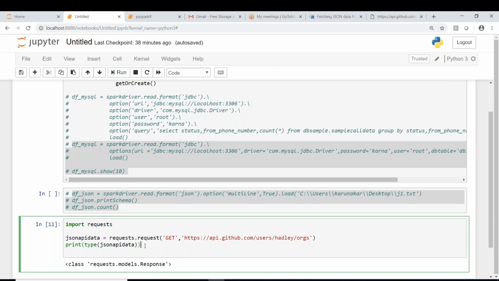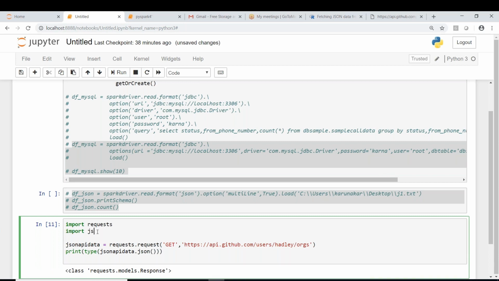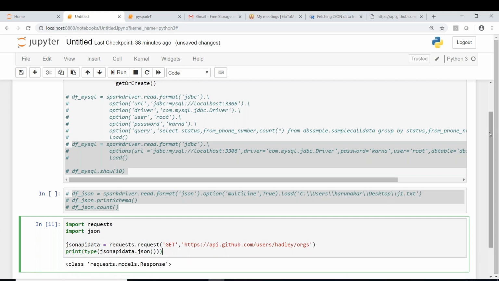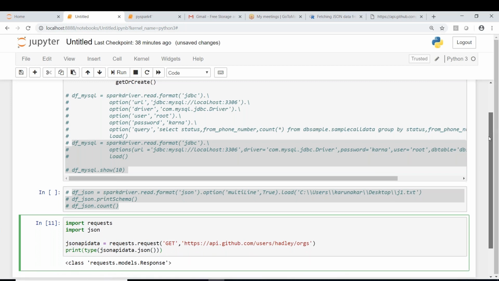Yes, it is in the form of JSON. We must be able to convert it into JSON. We have to convert this response into a JSON, so for that we can simply use JSON here. We can import one more module, because we have a JSON module. JSON object. We shall execute this and see what happens.